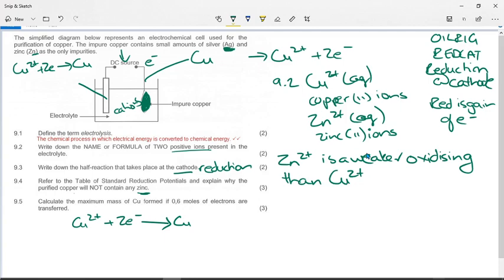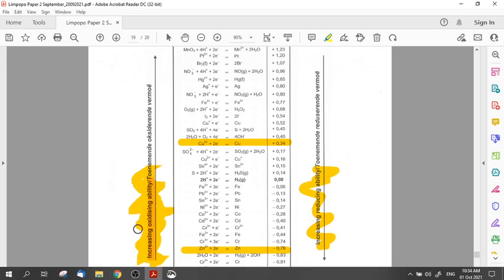Be sure that you've got the Cu2+ ion and the Zn2+ ion. So Zn2+ is a weaker oxidizing agent than Cu2+ and will not be reduced to zinc. Okay, so basically you just have to make sure that from your table over here you check